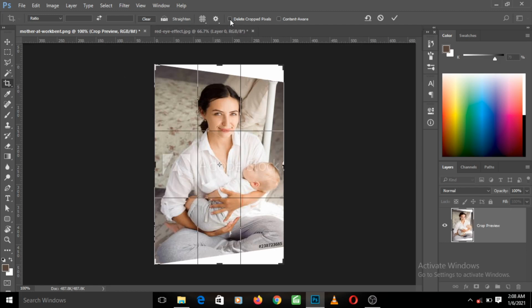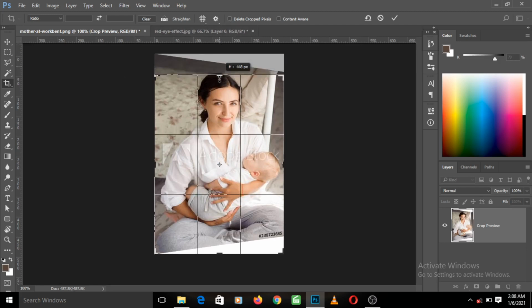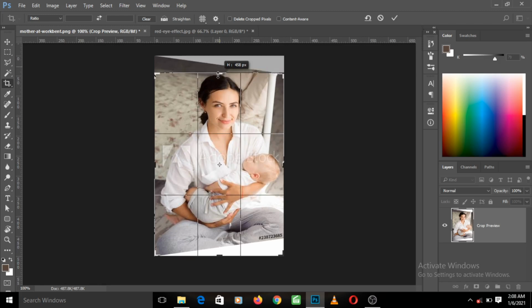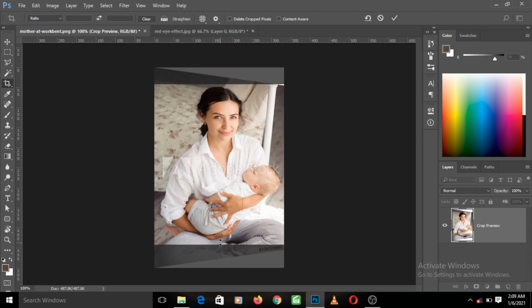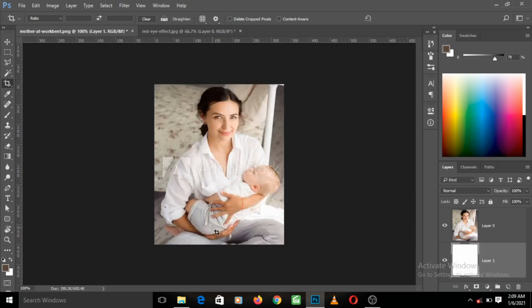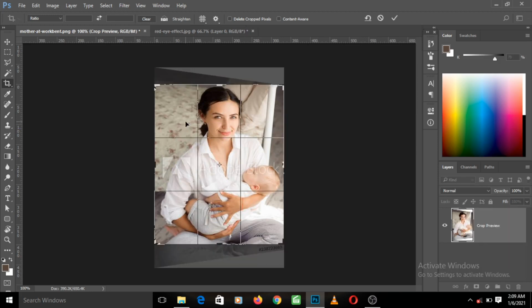I crop the image to what it was before and press enter, then left click on the image again to bring out the crop tool.